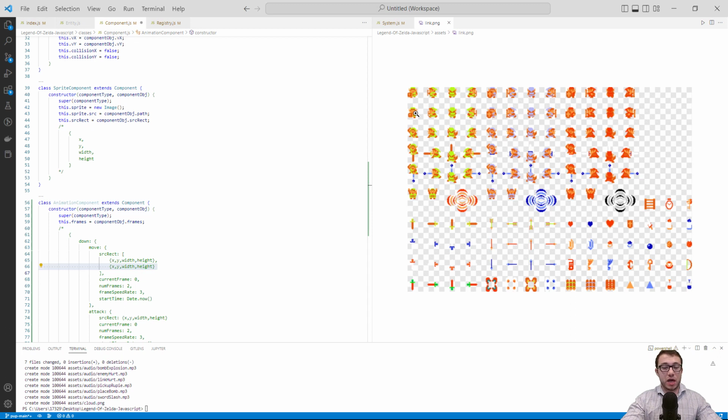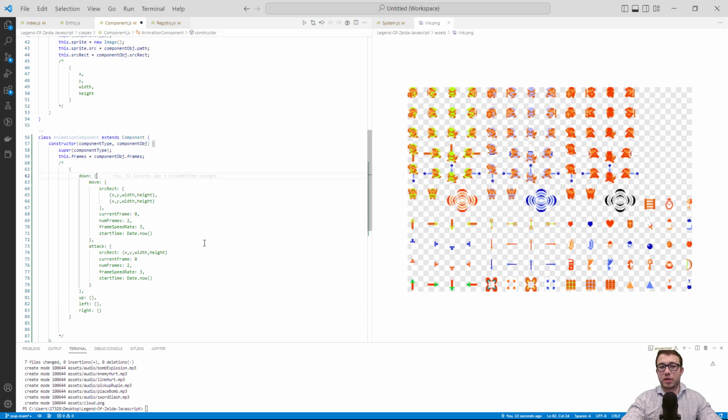And in the animation system, we'll be looping through this source rectangle and alternating between these 2 links while the user is pushing the down button or the S button. Because this is such a large and complicated part, I've gone ahead and written this object out myself. That way, I can just paste it and it'll be very easy for you guys to just look at it once and copy it. So to avoid mistakes, I'm going to create a new file